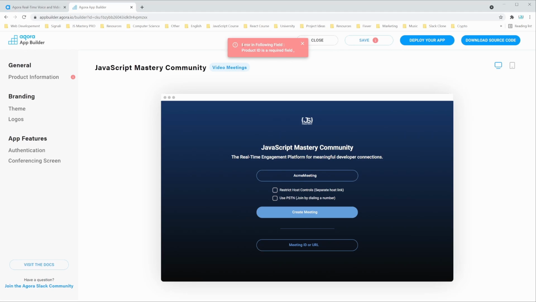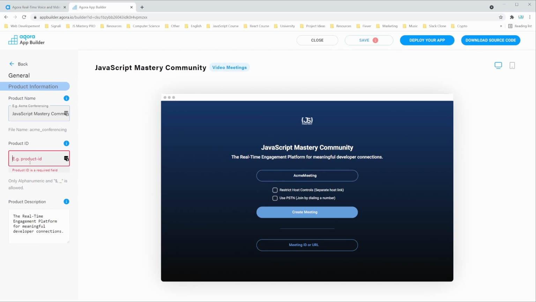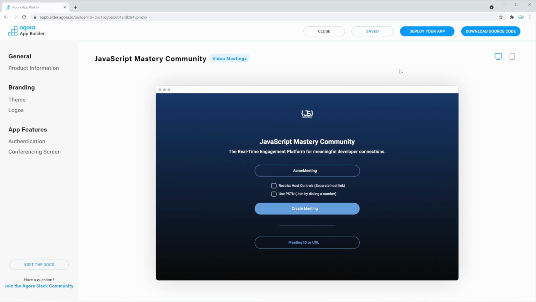It's going to say error in following field, product ID is a required field. So let's simply go back to product information and let's enter a product ID. In this case, let's do something like JSM chat app. Great. Let's click save, and now we're good. It took a few seconds, but now we are ready to deploy our app, and then we're going to download